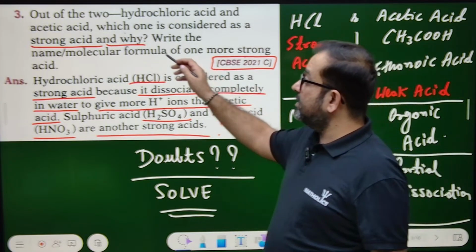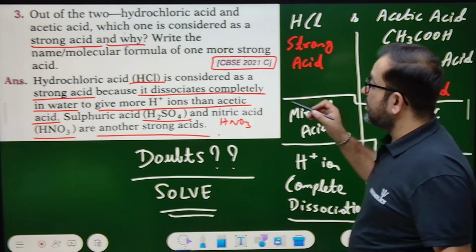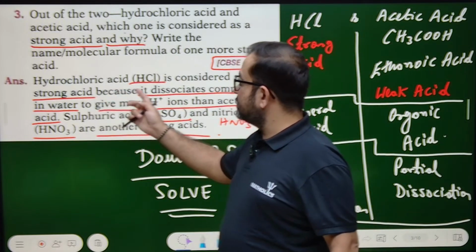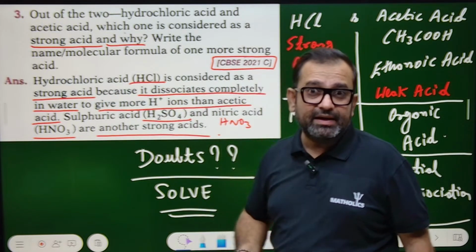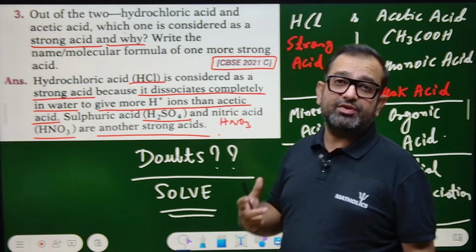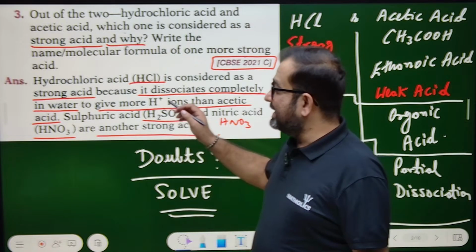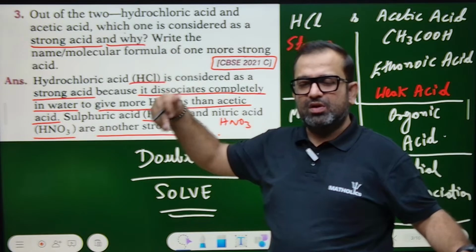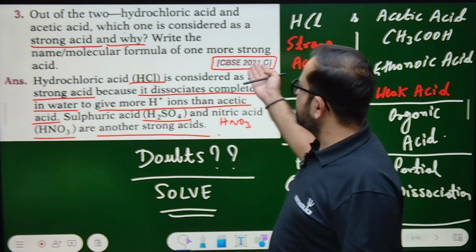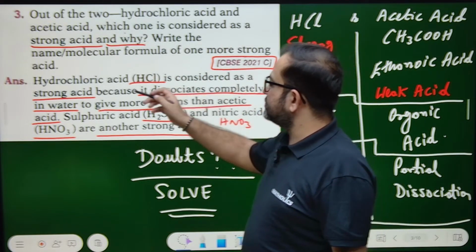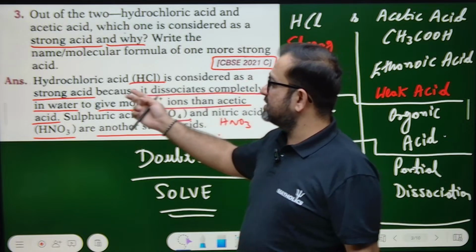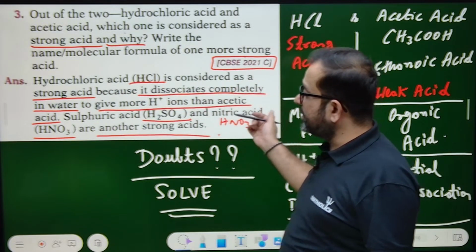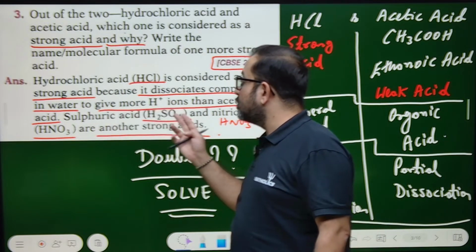Why? Reason: HCl is considered a strong acid because it dissociates completely to form a higher concentration of H plus ions. A strong acid is one which can give H plus ions in abundance, in large quantity, right? This is from CBSE 2021. These are all PYQs, okay? So HCl is considered a strong acid because it dissociates completely in water to give more H plus ions